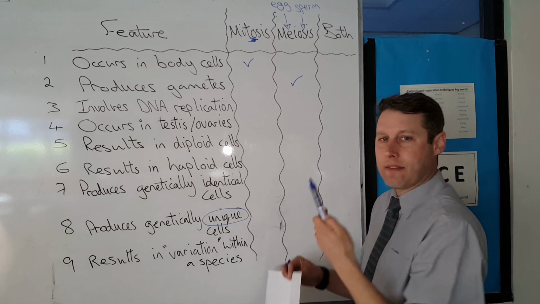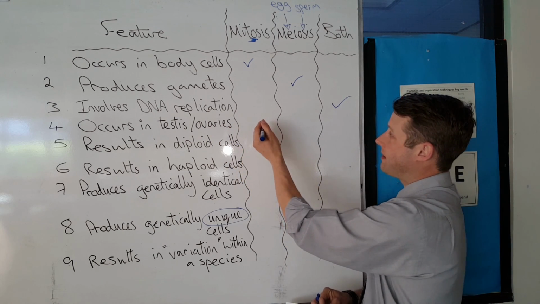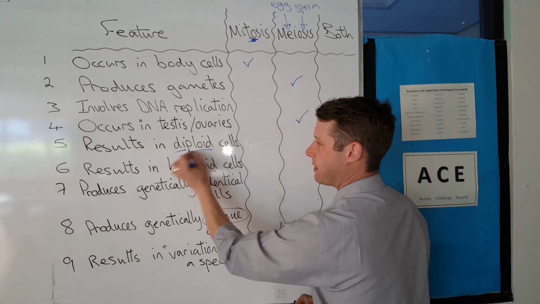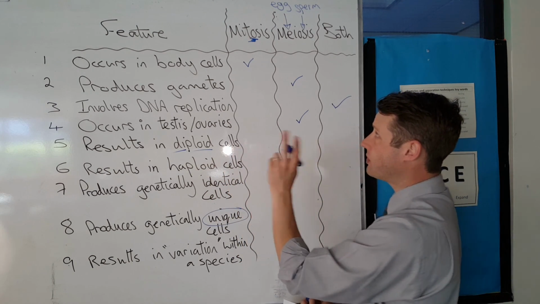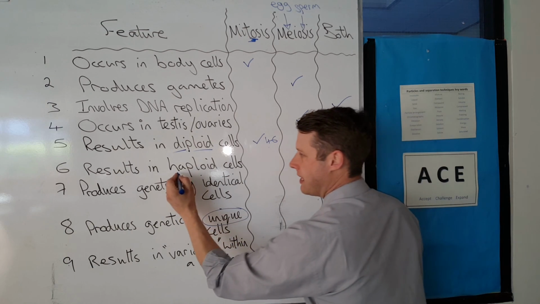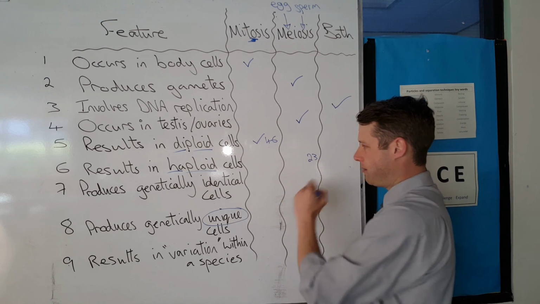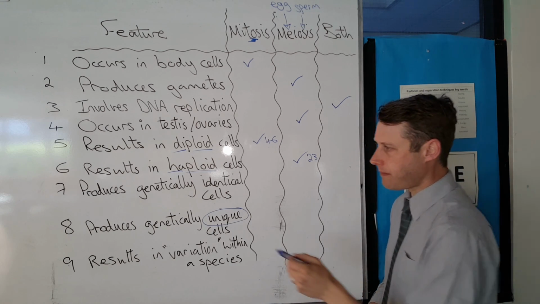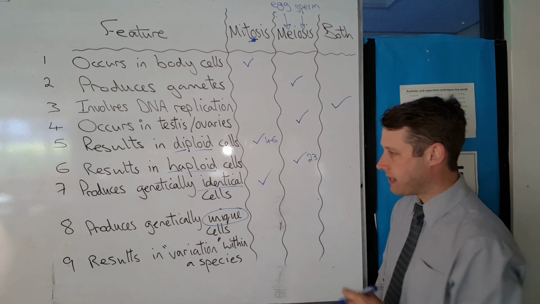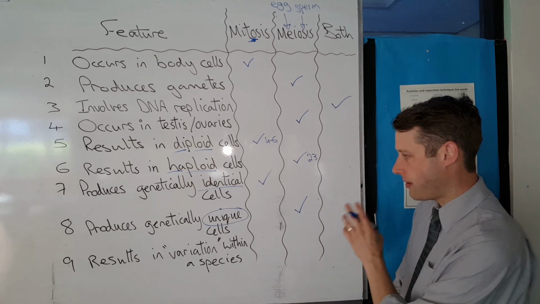Involves DNA replication. Well, you can't have any cell division without DNA replication, so that's going to be both. Occurs in the testes or the ovaries, that has to be meiosis. Results in diploid cells, di meaning 2, ploid meaning chromosomes, so 2 copies of chromosomes. The cells produced with 2 copies are going to be normal cells for humans with 46 chromosomes in. With haploid cells, that's short for half if you like, and ploid, so that's half the number of chromosomes. That would be 23 in humans, and that, of course, is the gametes. Then we have genetically identical cells. That's essentially a clone. So genetically identical cells is mitosis. And unique cells will be meiosis. That's sperm and egg cells with their own unique genetic